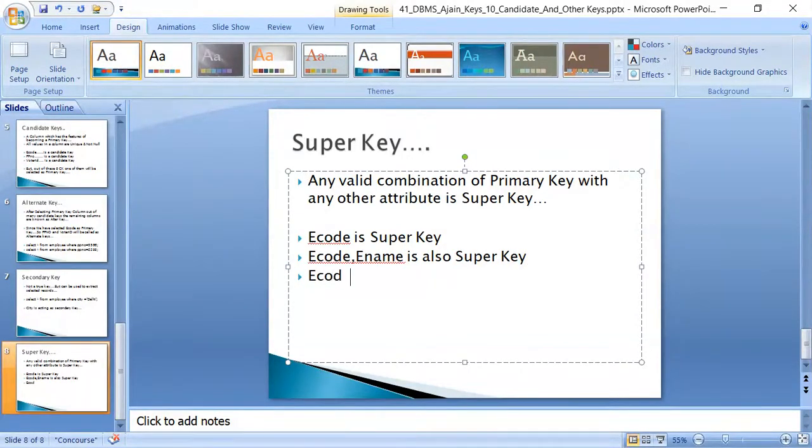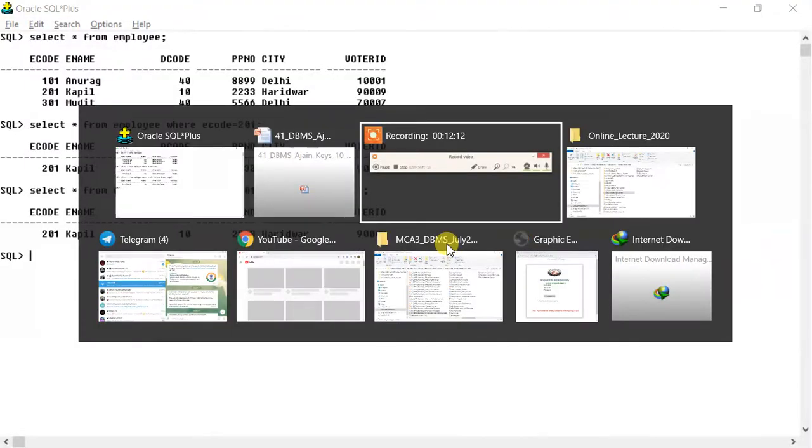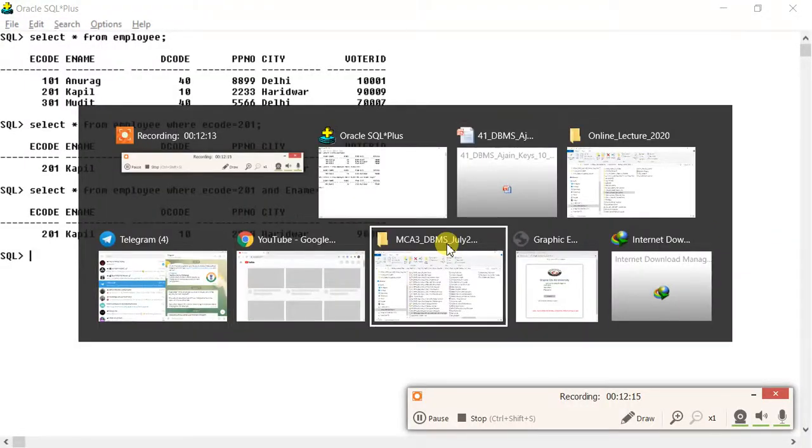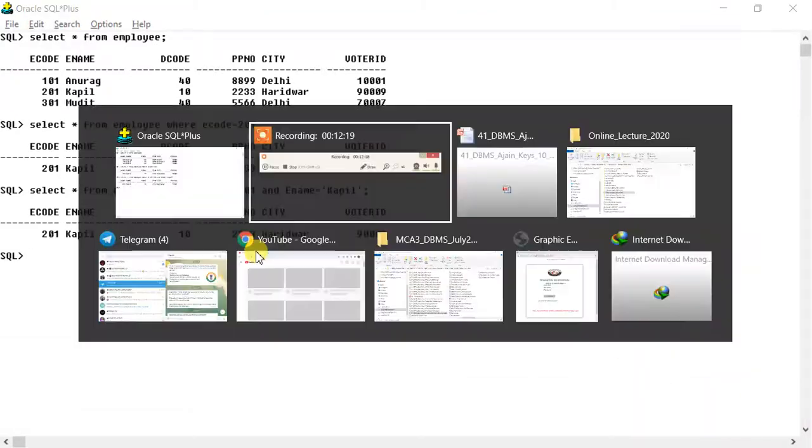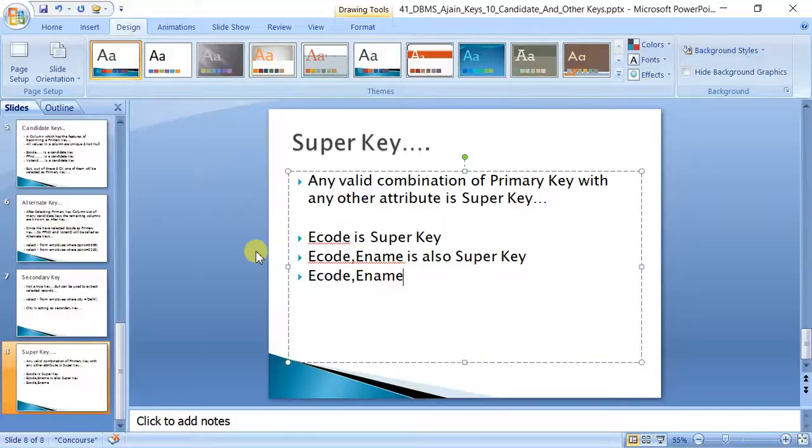You keep on adding: e code, ename, e code, ename, comma decode is also a super key. So as long as any valid combination helps you extract a unique record from a set of records, that is called a super key.